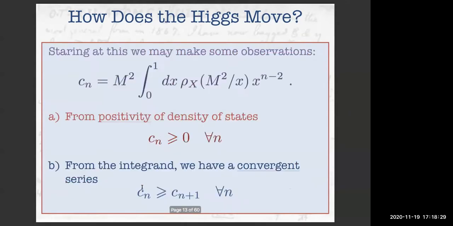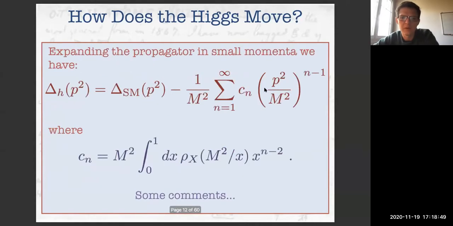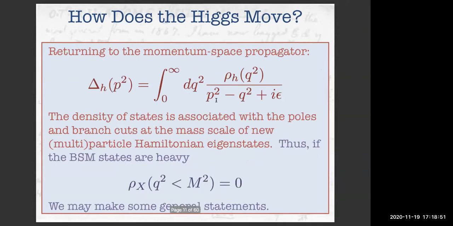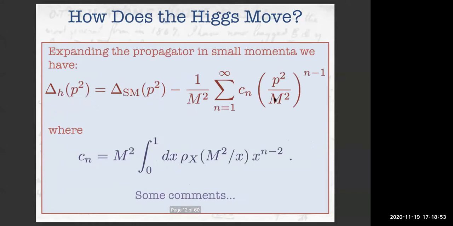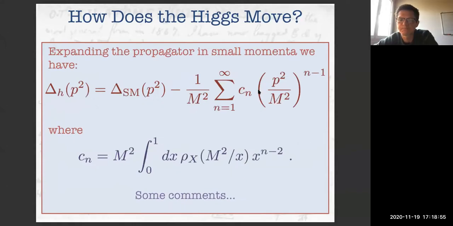Just one quick question. So don't you want an additional constraint that the ratio Cn plus 1 upon Cn goes faster than 1 upon n for it to be convergent, or is this enough? So this is enough. By fiat, there's a power here. Okay, fine. Yeah, we're working at p squared below m squared by assumption. Okay. Yeah, I forgot this.